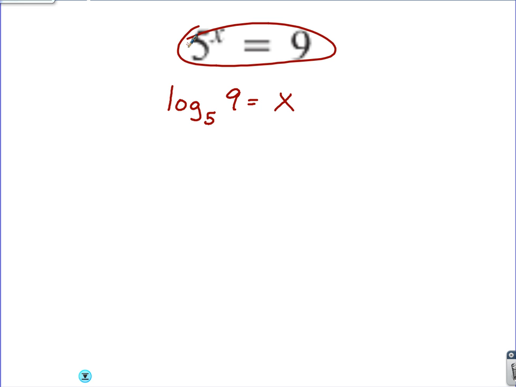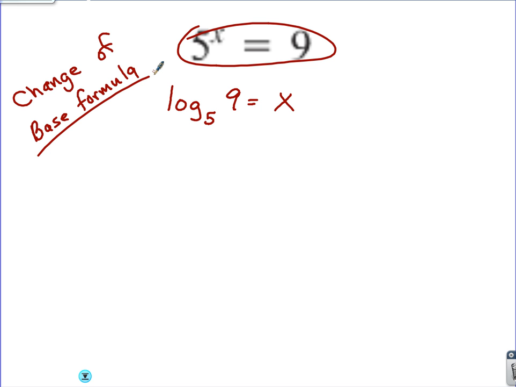Here's how you can type this into a calculator. Like I said, I'm getting ahead of myself, but that's okay because we're going to discuss it in just a second anyway. It's called the change of base formula. If you want to take a logarithm and you want to change it to a different base, this log base 5 of 9,